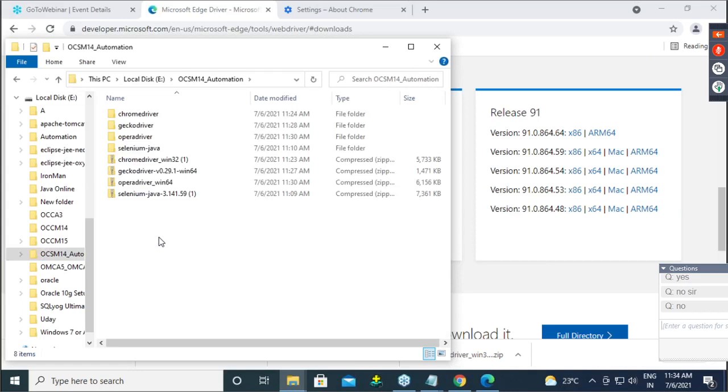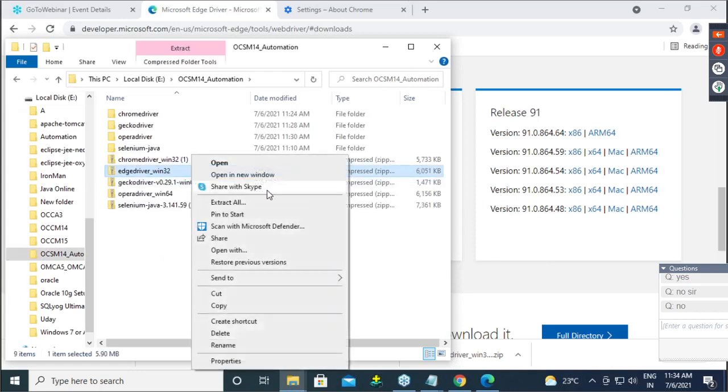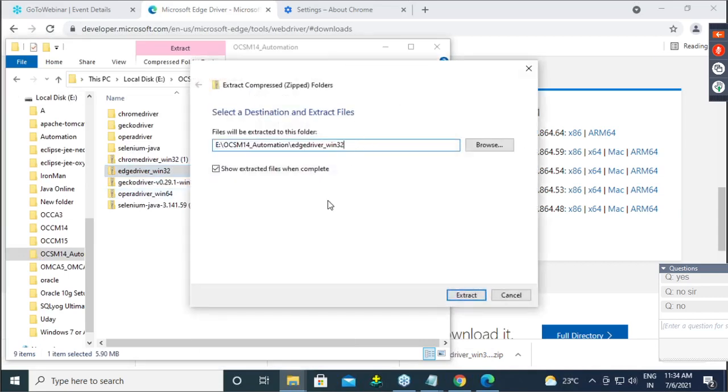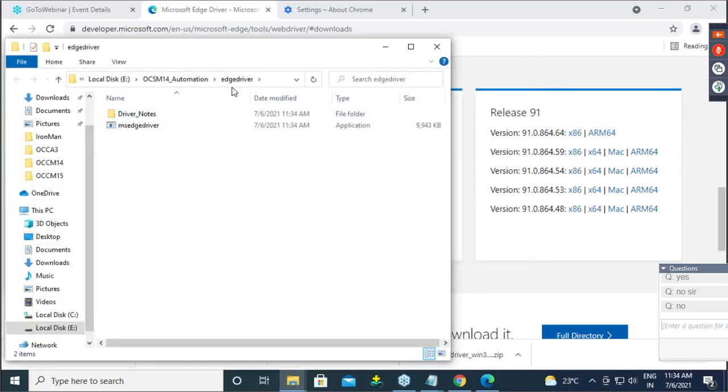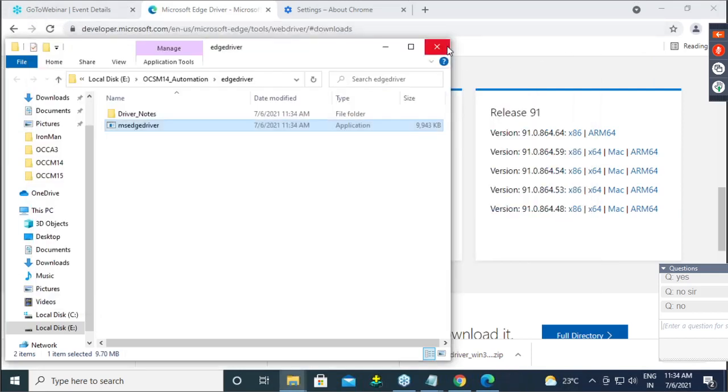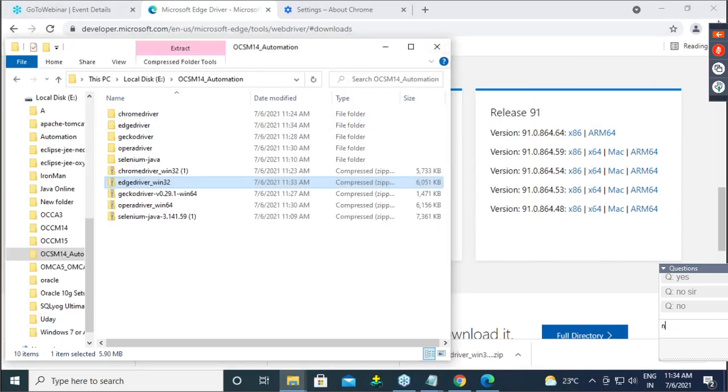Go, cut, paste, unzip. Let's say for Edge driver. Okay. So this is MS Edge driver. See, it is running. Guys, any confusion up to this now?